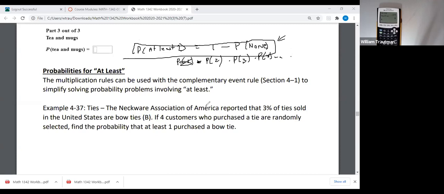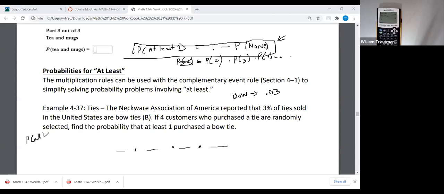Neckwear Association reports 3% of its ties sold in the United States are bow ties. So bow ties are 3%, 0.03, of our population. If 4 customers who purchase a tie are randomly selected, find the probability that at least one purchases a bow tie. So it's really impossible to do this unless you do the probability